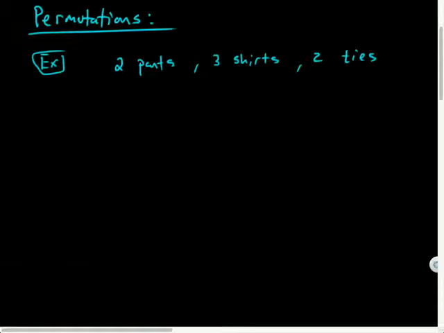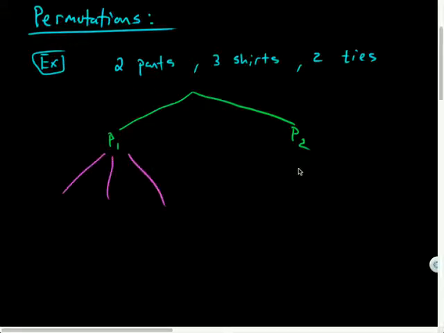So one of the ways I could figure this out is let's talk about pants. So here's my starting decision. I've got 2 choices. So I could choose pants 1 or pants 2. I've got to start by making some decision here, right? So I choose 1 pair of pants. The next thing I got to do is pick a shirt. And whichever pair of pants I chose, it's not going to change which shirt I wear. So for each of these cases, I have 3 options. So I could have shirt 1, shirt 2, shirt 3 for each of those outcomes.